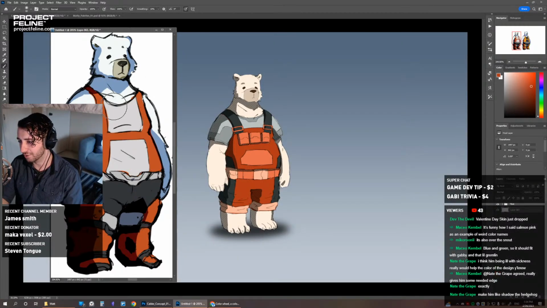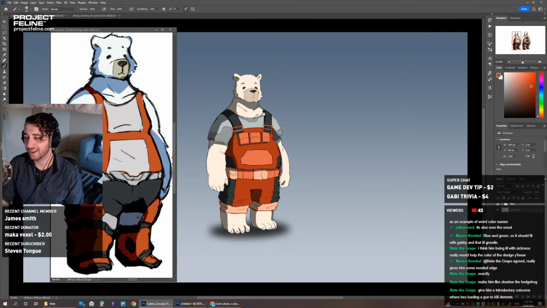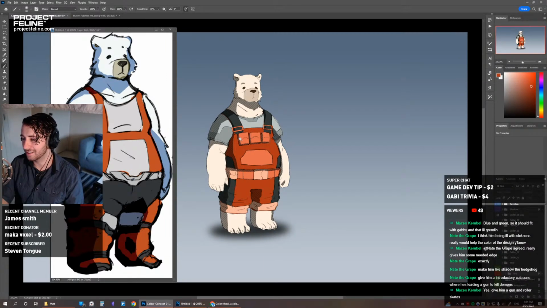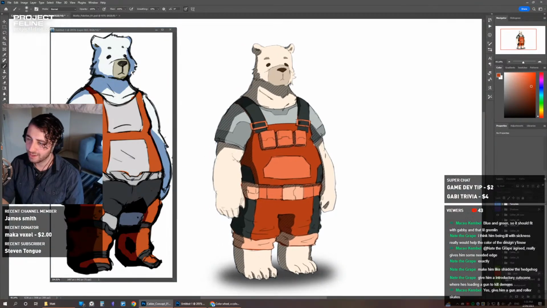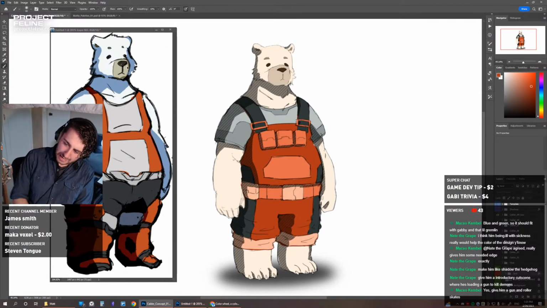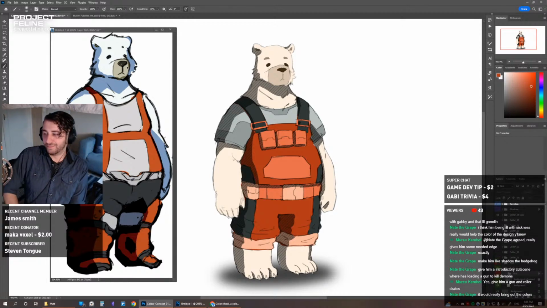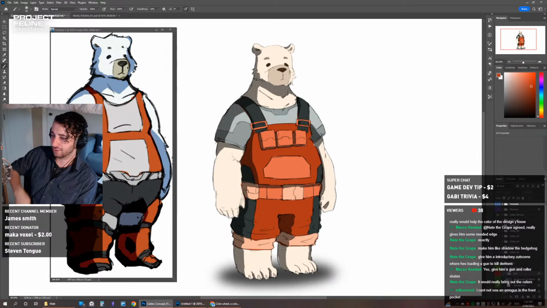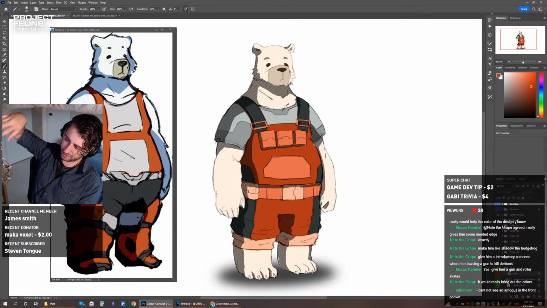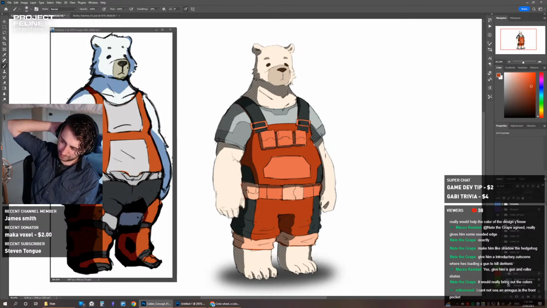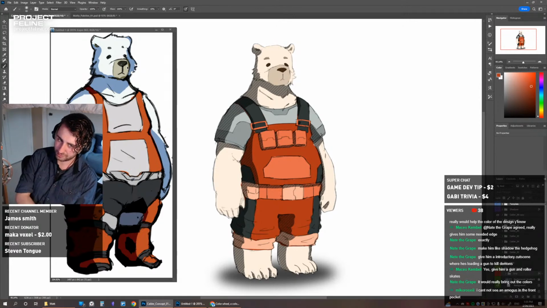So it's kind of close, but I can see something now that I didn't see before with the old one. I think the fur, maybe that could still work. There's still bits I like about it, but I think it had a little too much green in the fur on the first one. The second one looks a little more cohesive to me.